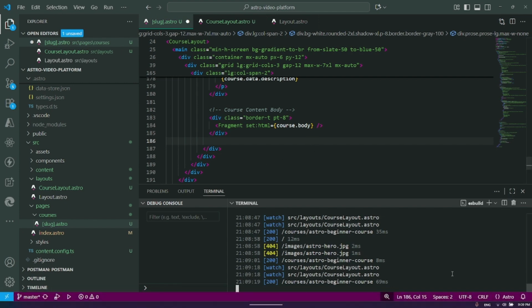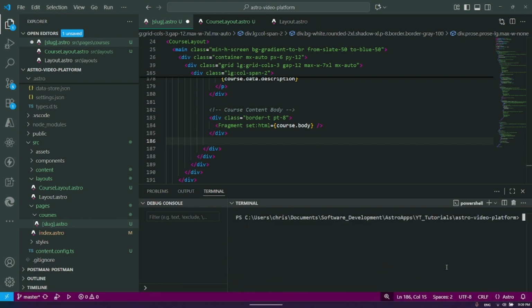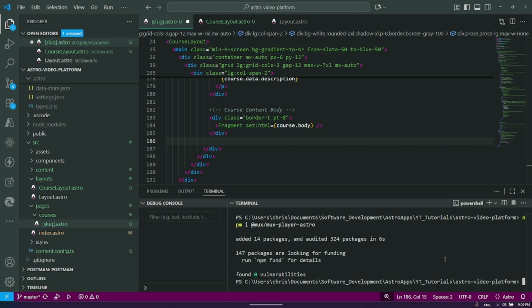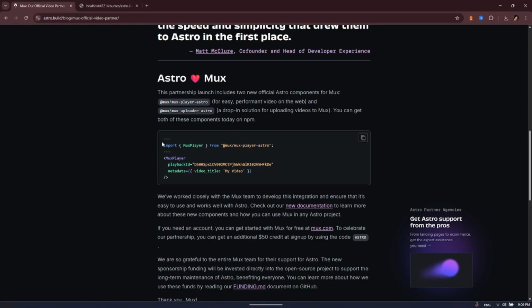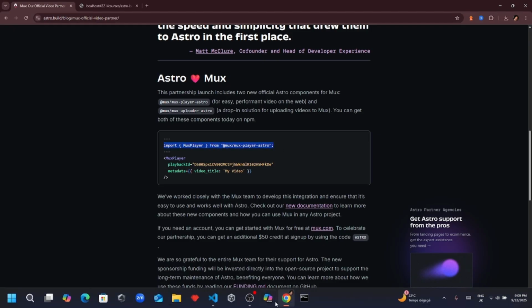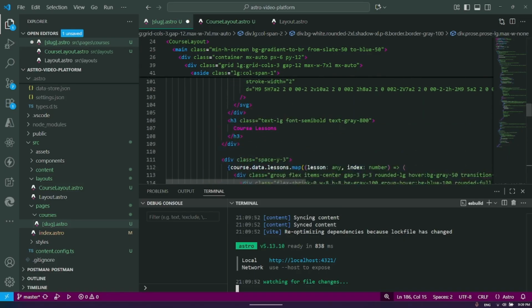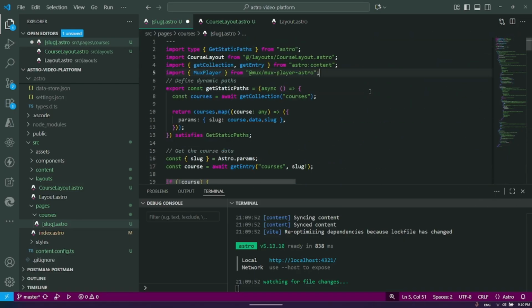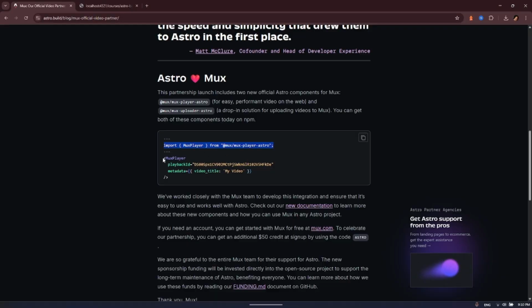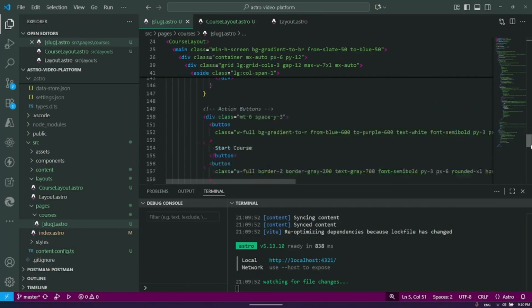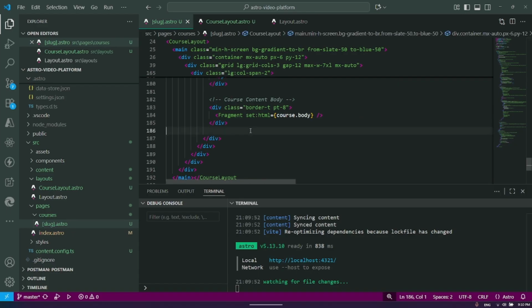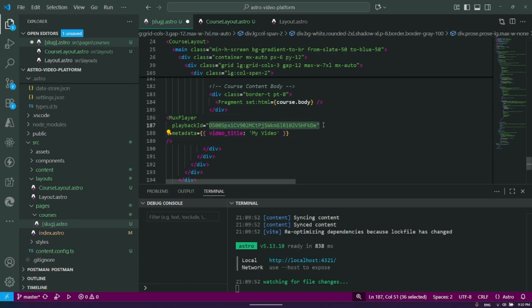Let's close this for now. npm i @mux/mux-player-astro, and then we're going to run the dev again, and we are going to copy this Mux player and import it right at the top, and then we're going to get the Mux player here, and just after the fragment here, we're going to say here, and the playback ID is going to be